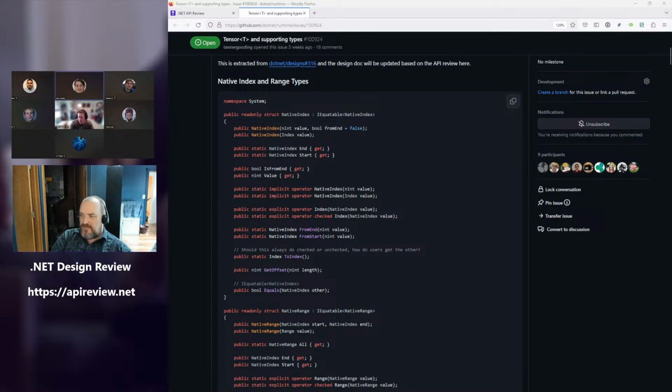Specifically to avoid the problems of people confusing what is a native integer versus what is potentially an opaque handle. And so that's kind of why the name here was native index, because it's explicitly spelling out the name that follows the terminology of this is a native sized thing.